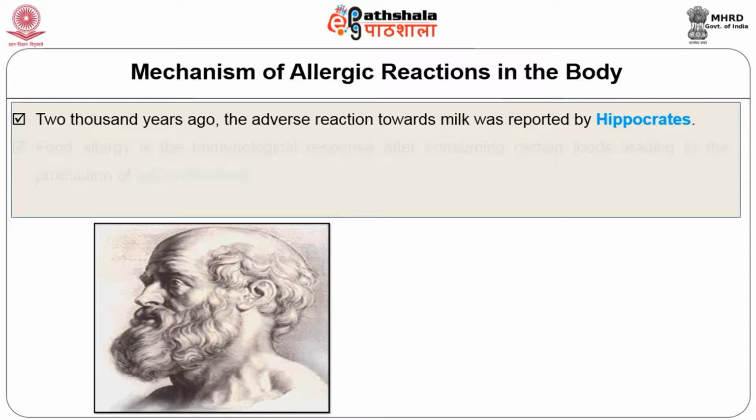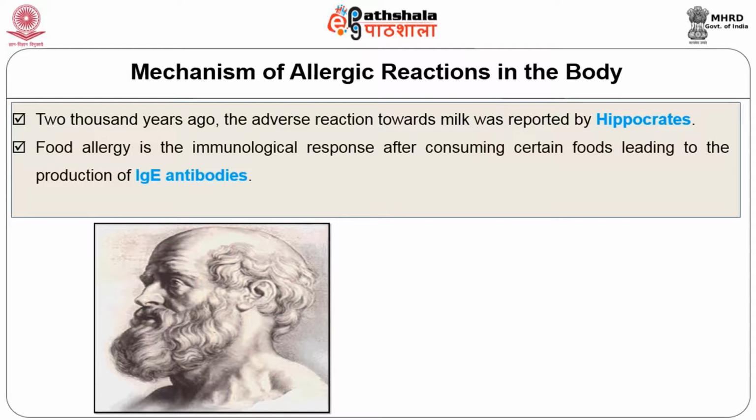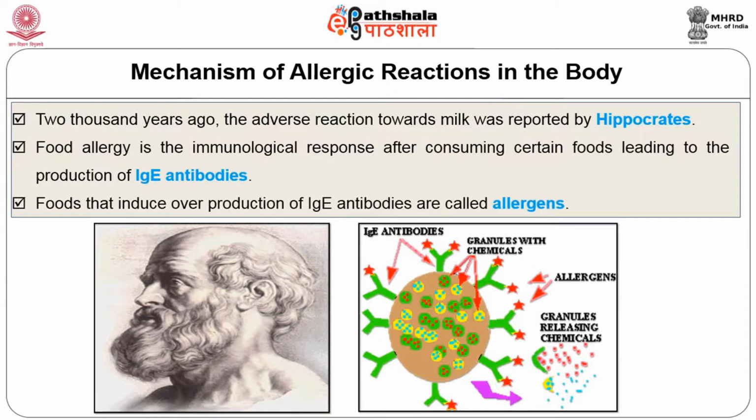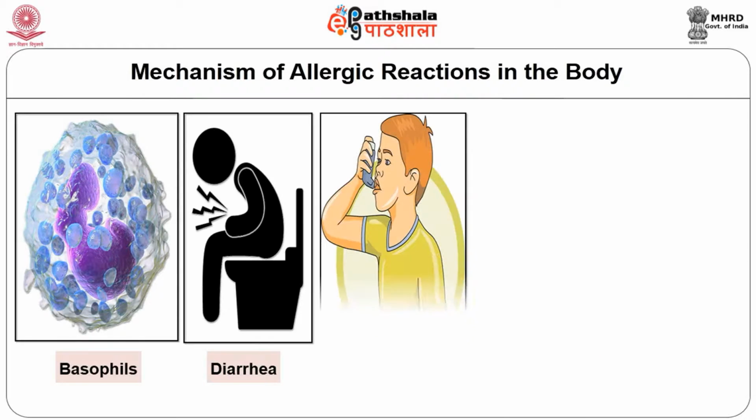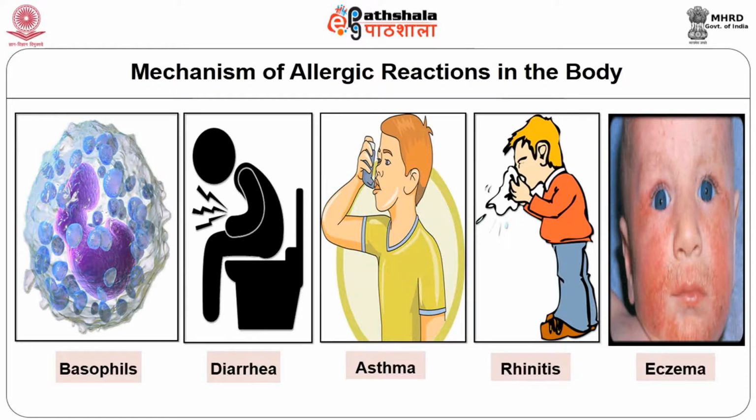2000 years ago, an adverse reaction towards milk was reported by Hippocrates. Food allergy is the immunological response after consuming a certain type of food, leading to the production of immunoglobulin E antibodies in our body. So, the foods that induce overproduction of these immunoglobulin E antibodies are called allergens. This we discussed already. The specific immunoglobulin E antibodies are produced by some atopic individuals against certain allergens in food,